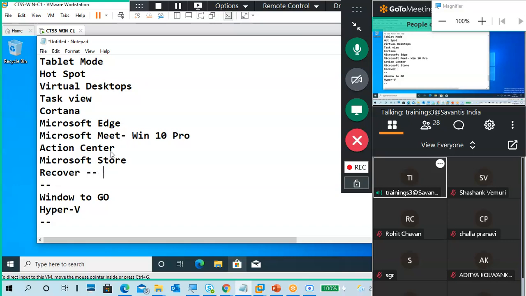In recover, I showed an option. What is it? It is Windows Update, under Update and Security. I showed one option. So recover, refresh, yes, and in Windows 8 refresh and reset. In Windows 10 only